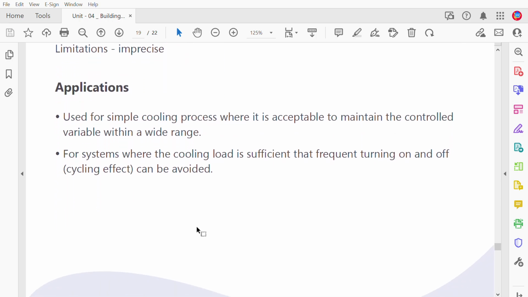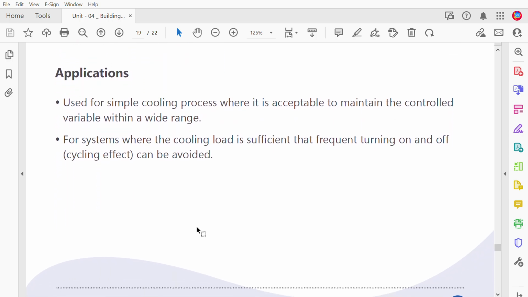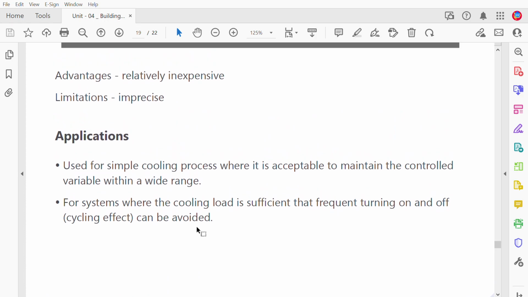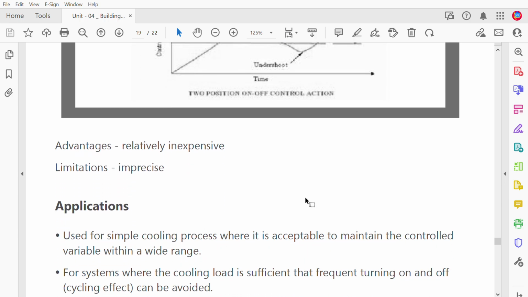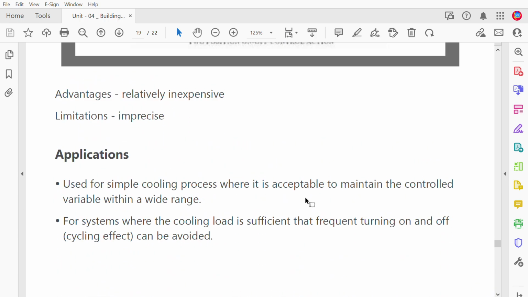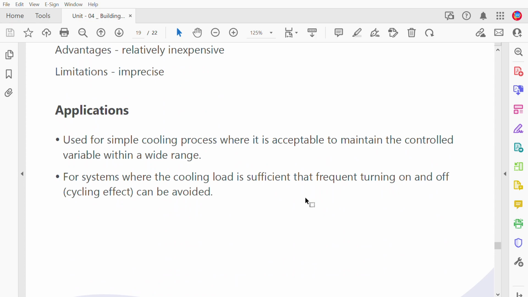So application and limitation, right? Okay, let me talk about some limitations. Of course, sometimes PID control is not really accurate. Sometimes it is not so precise. So it's imprecise, but it's relatively inexpensive, though sometimes difficult to tune. So the application is used for simple cooling, an acceptable control range, and sometimes the system is sufficient for fine tuning of frequency,